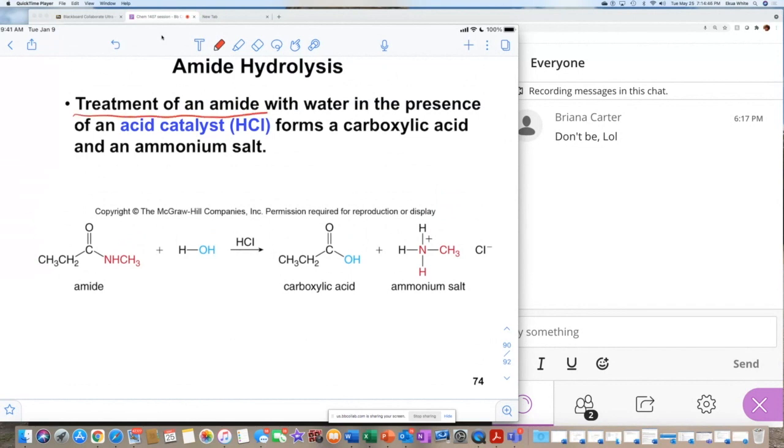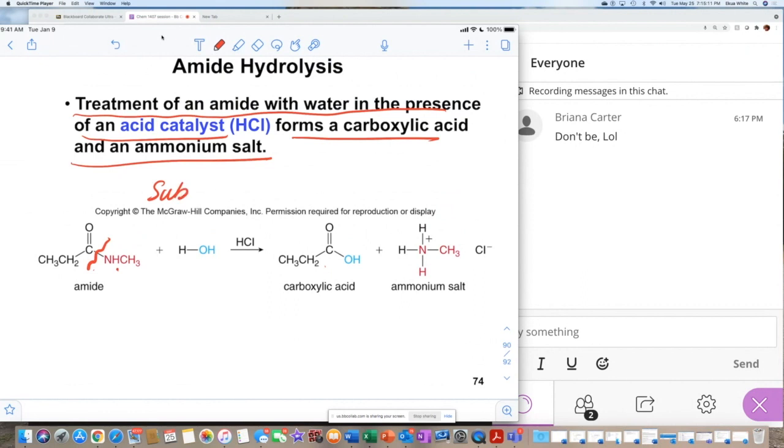Treatment of an amide with water in the presence of acid catalyst forms the carboxylic acid and the ammonium salt. So when we're dealing with derivatives of carboxylic acid, to make the amide, we start off with the carboxylic acid. When we add water to it, we're getting the reactant back. So when we're adding water, just like before, right? This time, the leaving group,